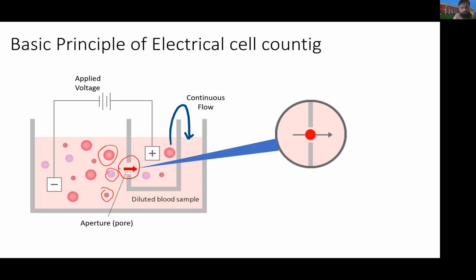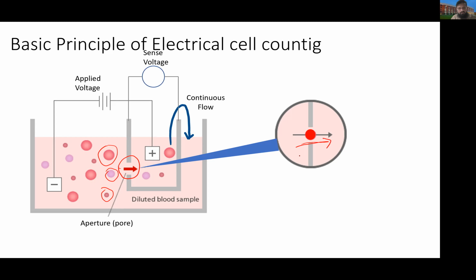There can be a flow pump which is sucking the blood from the inner container and moving it backwards in the bigger container. In that way, your blood cells will flow through that small aperture. If you zoom into this aperture area, you will see that one by one the cell will be crossing this